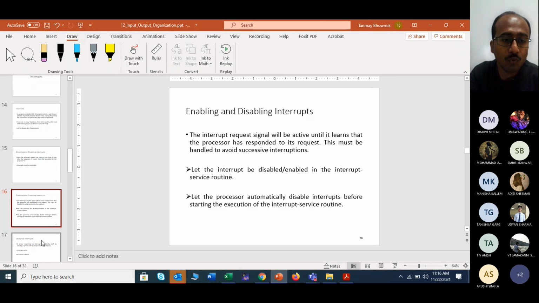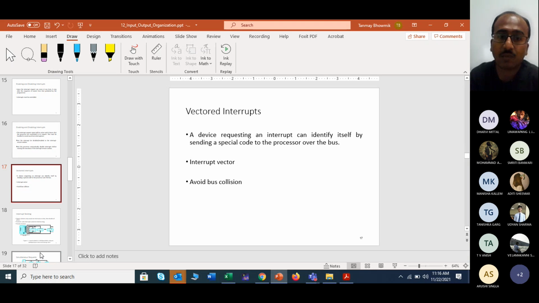Okay, and if you go in some other way, just like vector interrupt, that is also another very important part. Just like, what can I say, a railway track, right? In a railway track, there may sometimes be a single railway track and lots of trains are moving here and there, right? So there is some control.